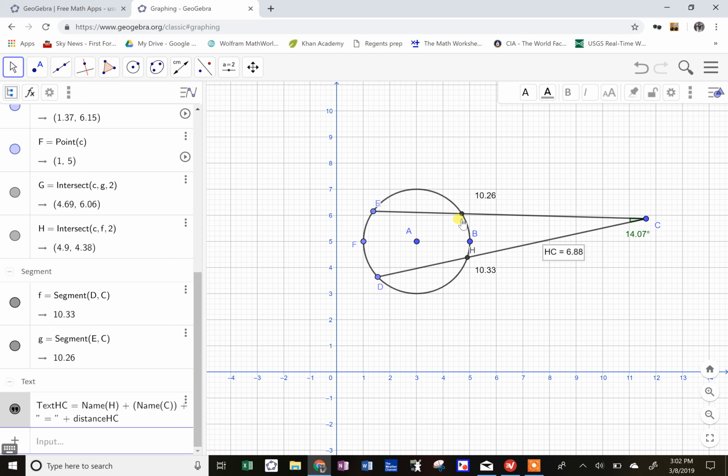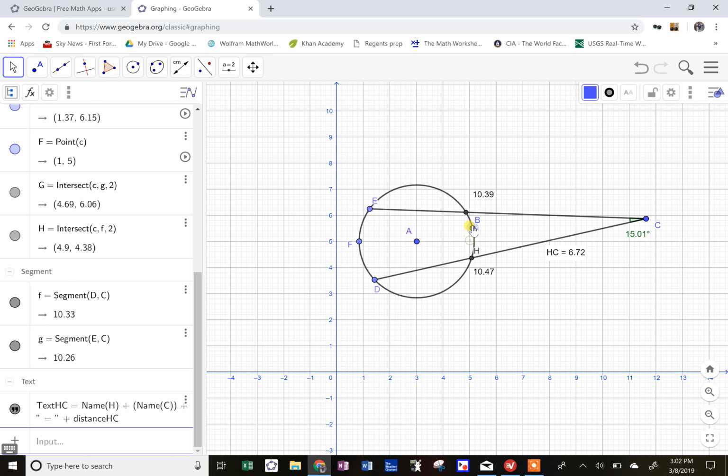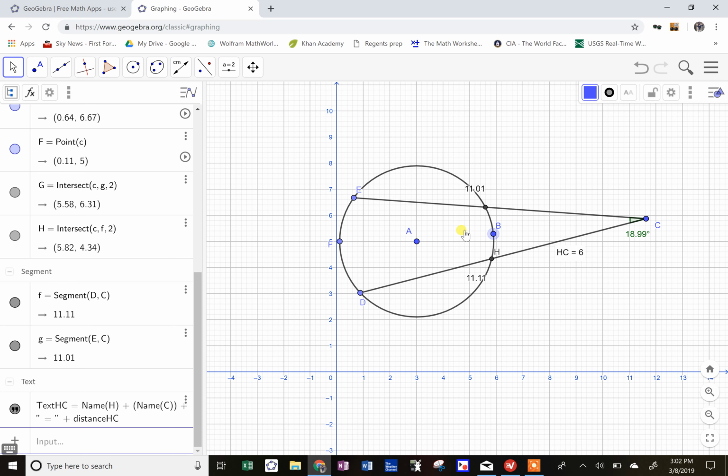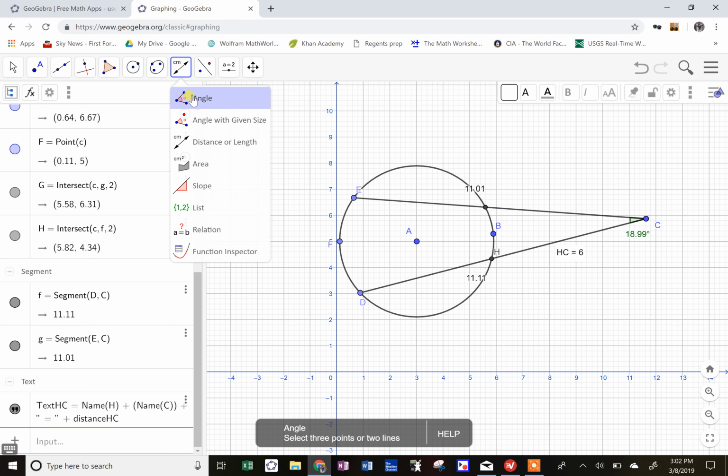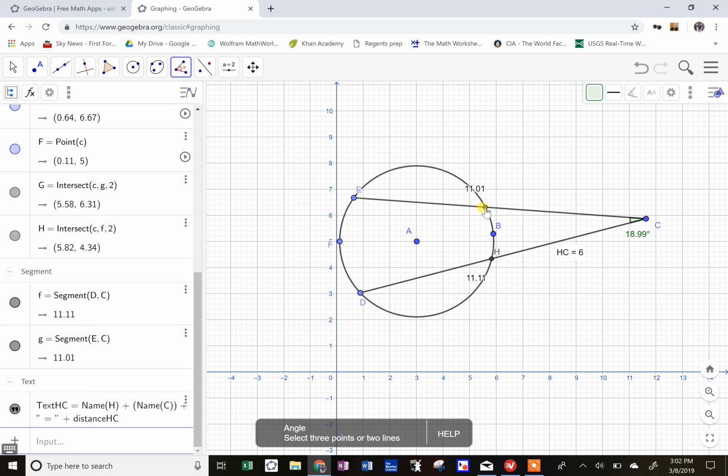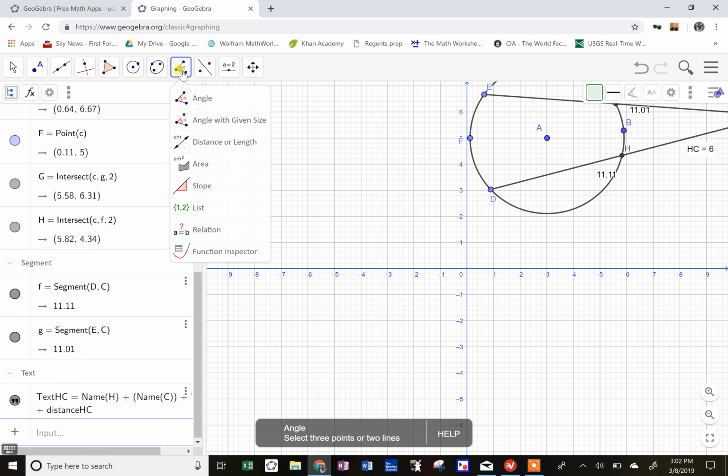So, there's other things we can do with this as well, by the way. If I want to know the angle measures, and this is really useful, I can type in, oh boy, I didn't want to do that. If I want to do the angle measures, what I'm going to do is click on angle, and